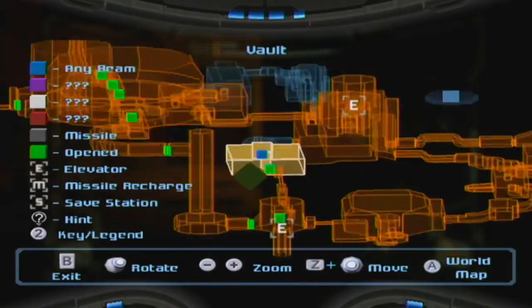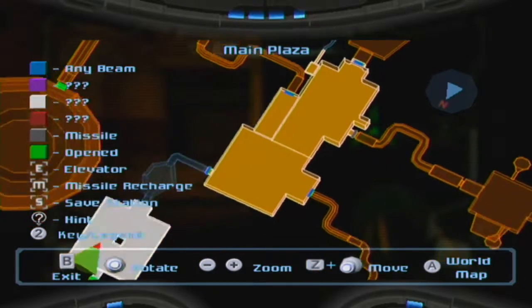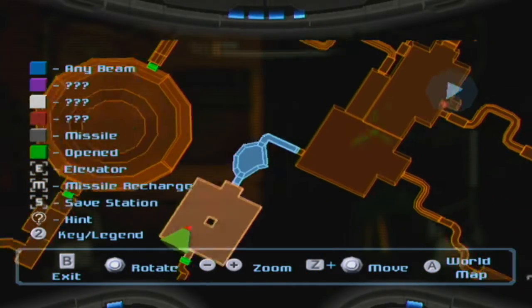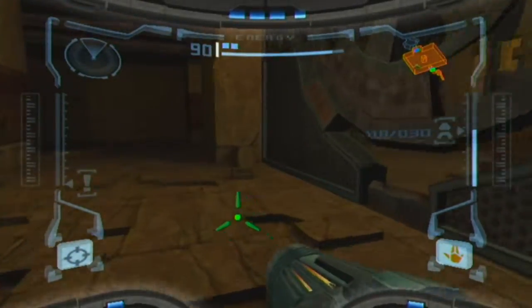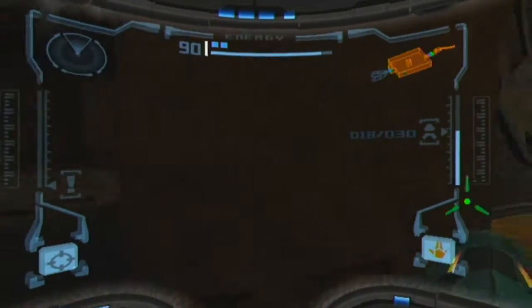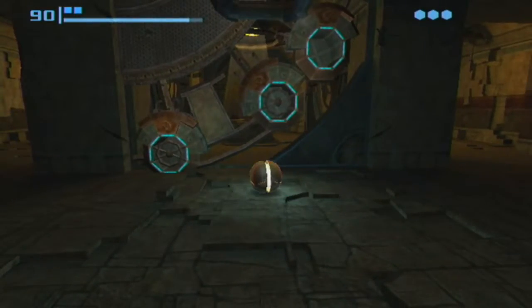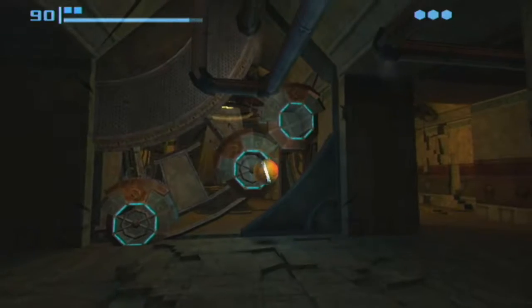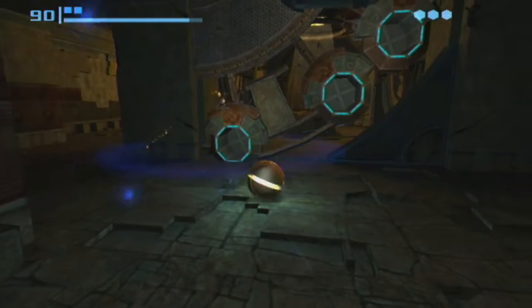In fact, let me open the map and you can see where exactly we are. Yep, we're in the vault, and here's the main plaza. So yeah, there's a little corridor interconnecting them, and there's a couple of upgrades this way that I want to grab. We are going to be passing back through this section later on, but for now, I think it's best to pick up this stuff at the current moment, just to bolster our supply of energy and